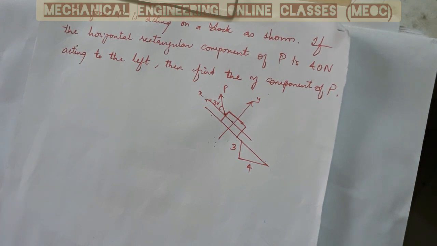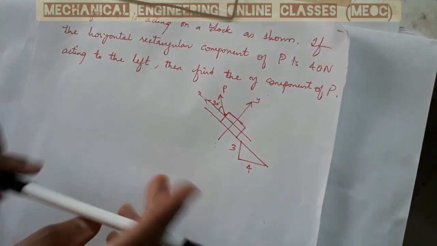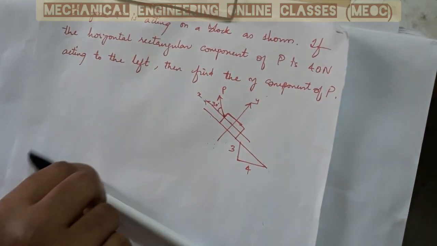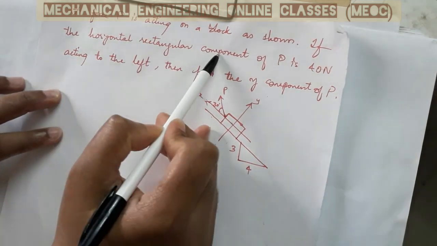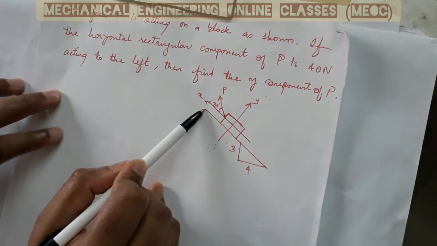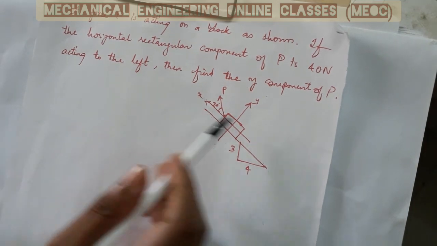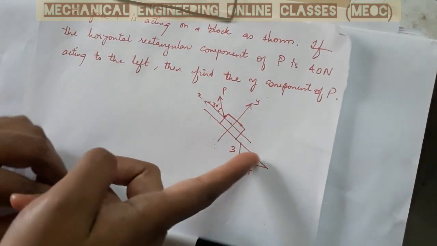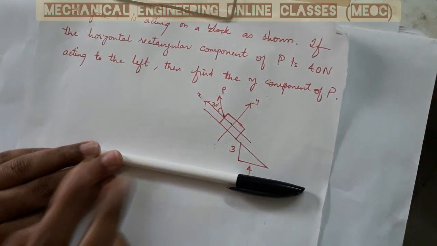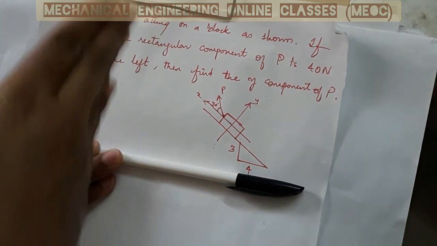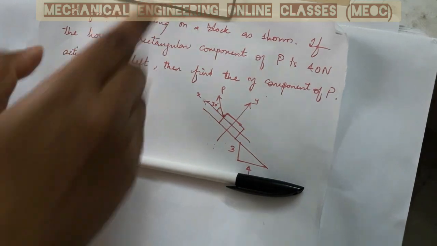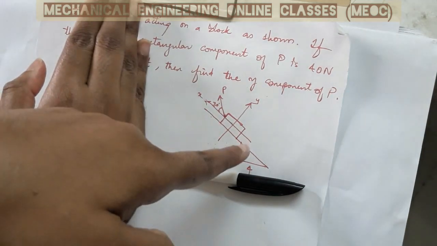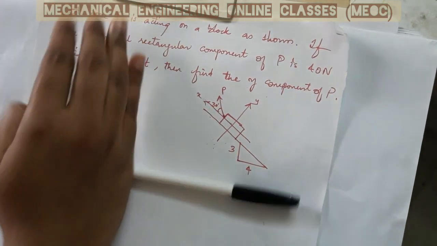Horizontal and vertical will not change based on the inclined plane. Horizontal is always this, vertical is always this. Unless and until it is mentioned that the horizontal rectangular component of P is along the inclined plane, horizontal is definitely not along the inclined plane. Horizontal is somewhere like this, along this line. This is a universal word used for horizontal, and perpendicular to that, vertical will be like this. So that's the reason, because this is horizontal and this is vertical, this plane is called inclined plane. If it itself were horizontal, why would we call it an inclined plane?